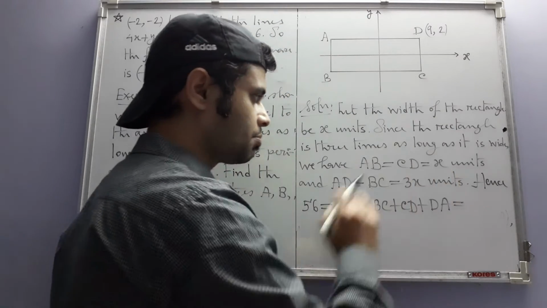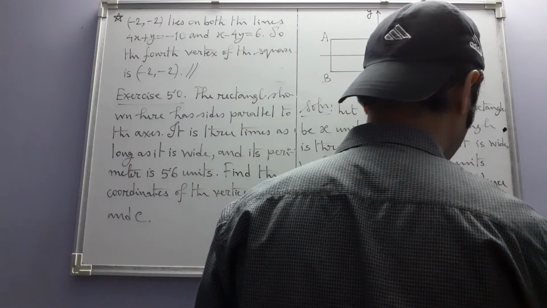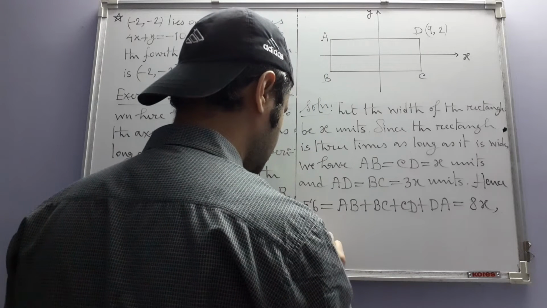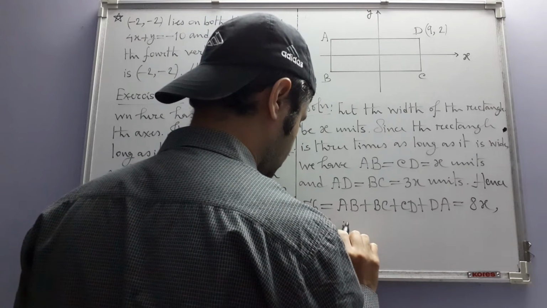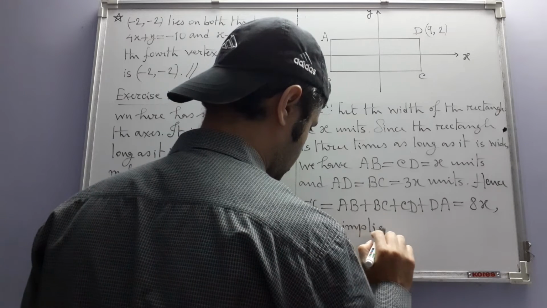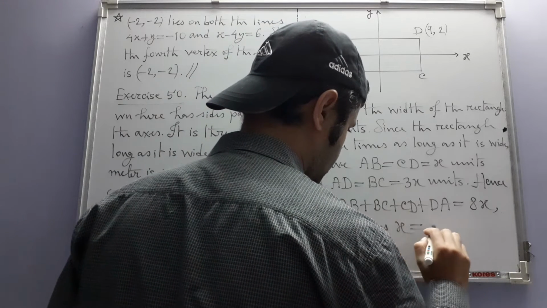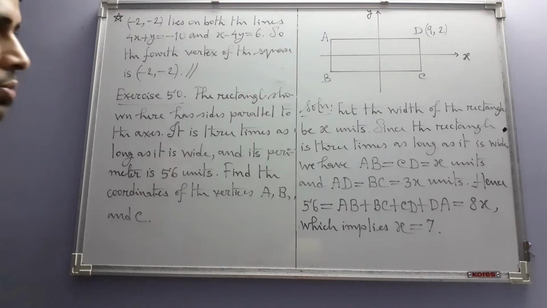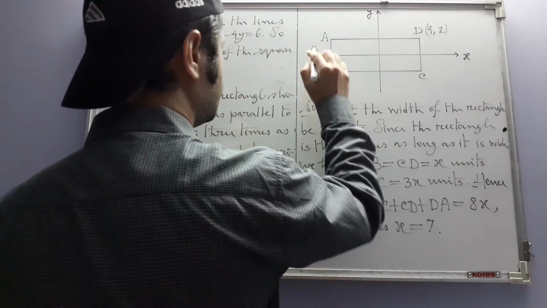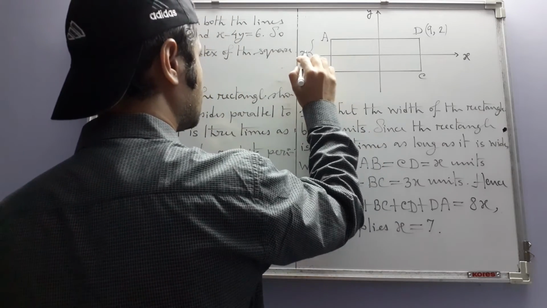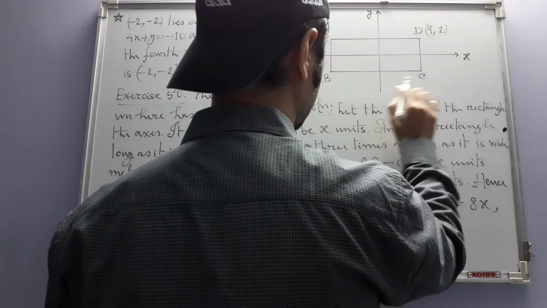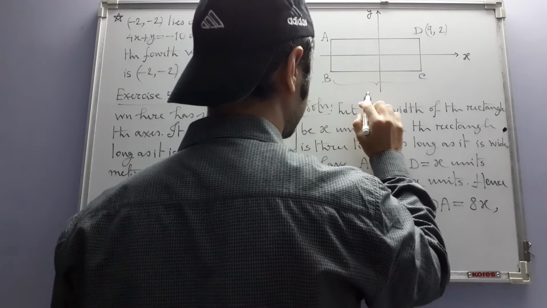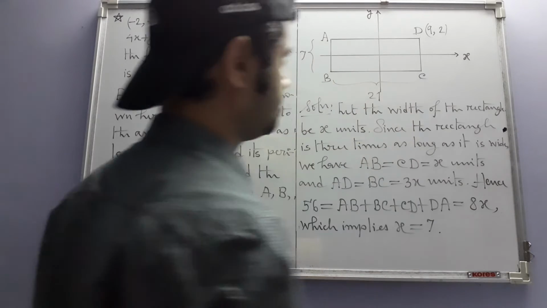So that means 6 plus 2, 8, which implies x is equal to 7. Okay, so this is 7 and it's 3 times the width, so this is 21,